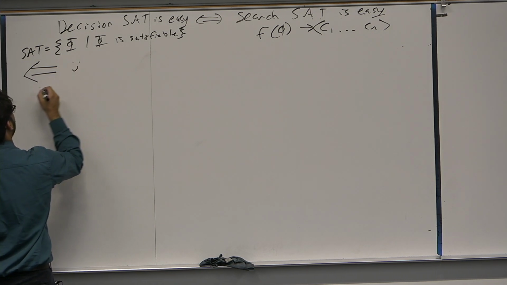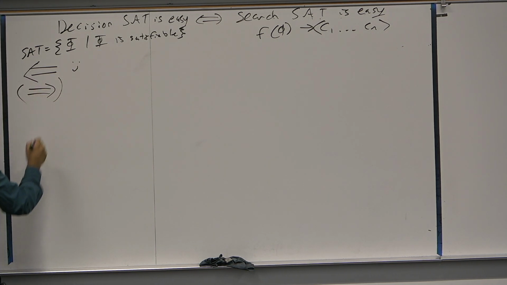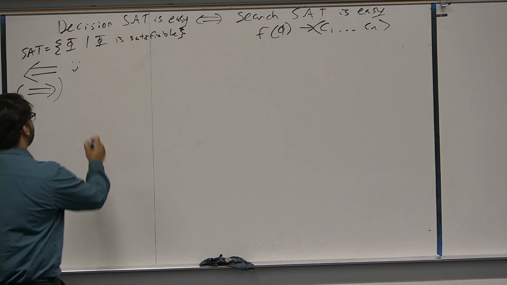What about decision to search? I claim, and this is the core of the argument we're making here, that if the decision version of SAT is easy, then the search version of SAT is easy. Analogously, if one is hard, the other is hard. So they're either both easy or they're both hard. How is it the case? There's two words I'm looking for as an answer. If someone can solve the decision version of SAT easily, then they can actually find the satisfying assignment easily. So if SAT is in P,